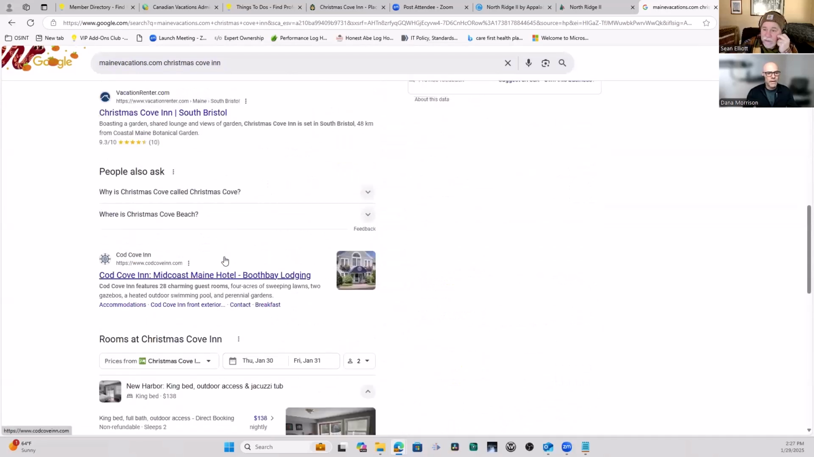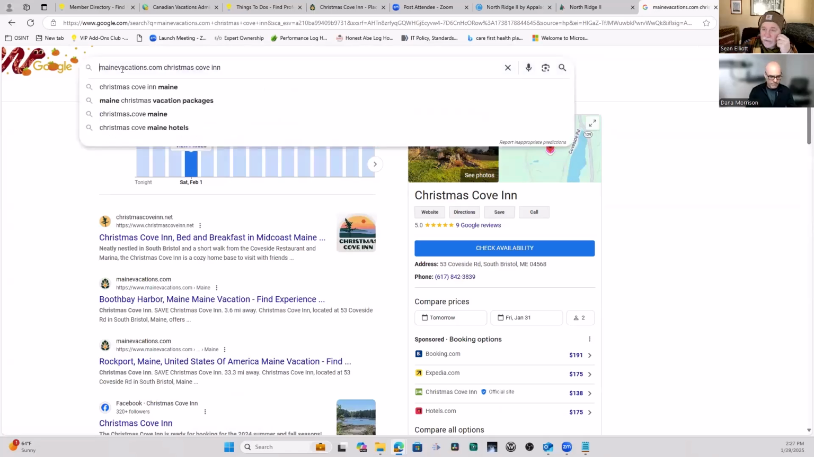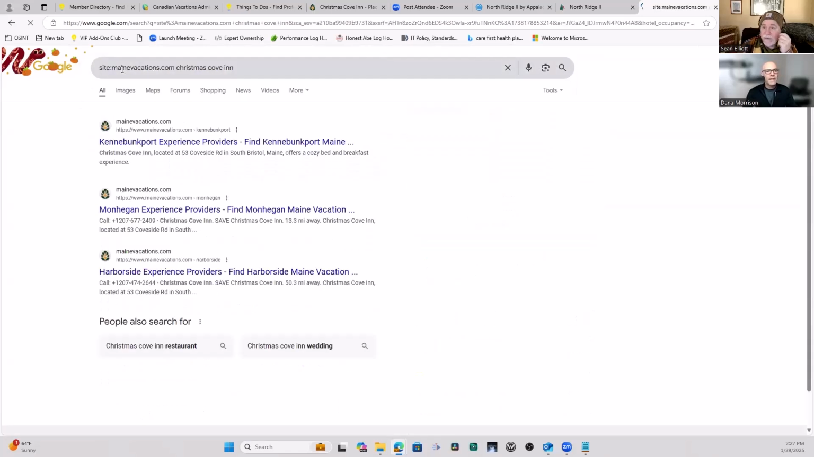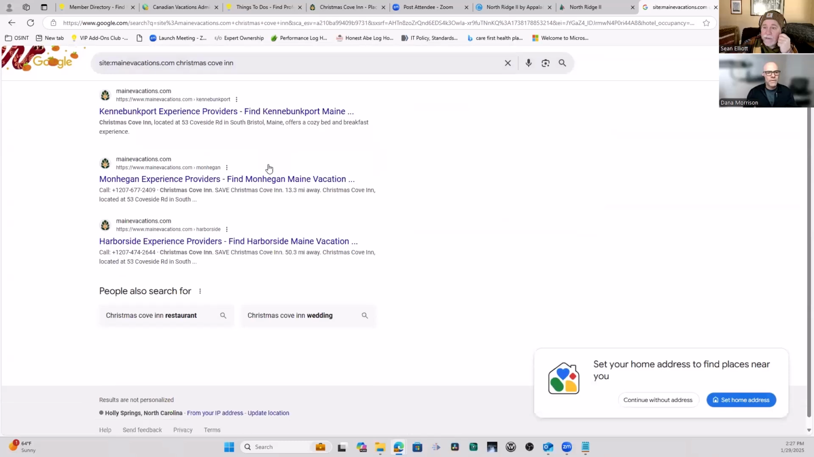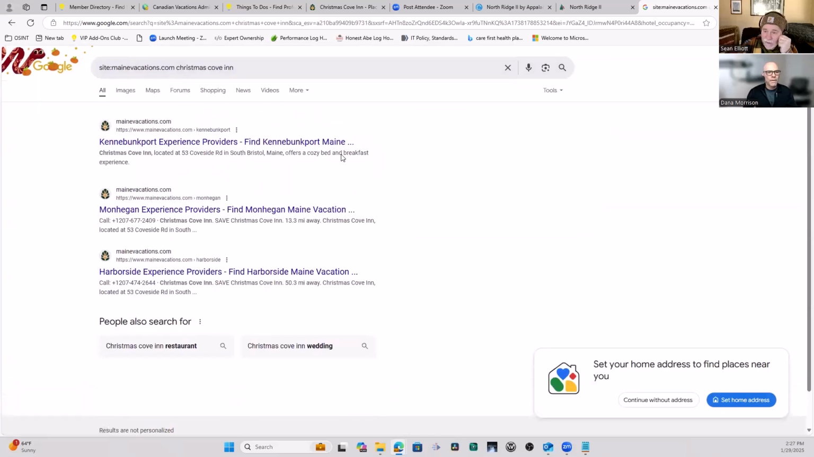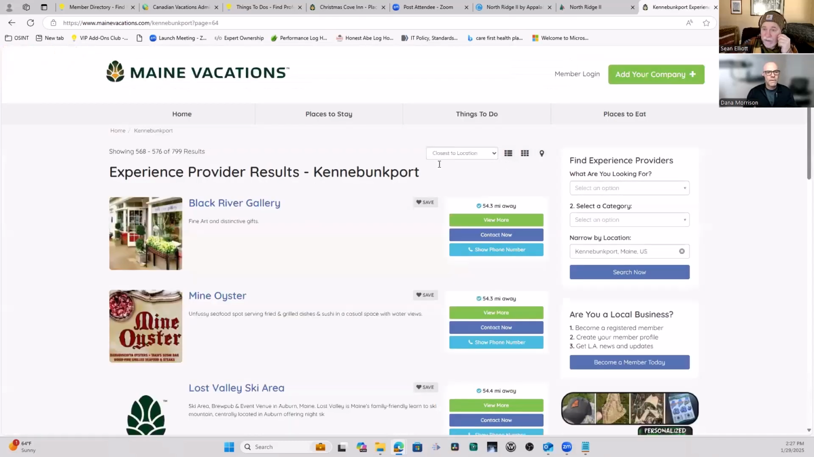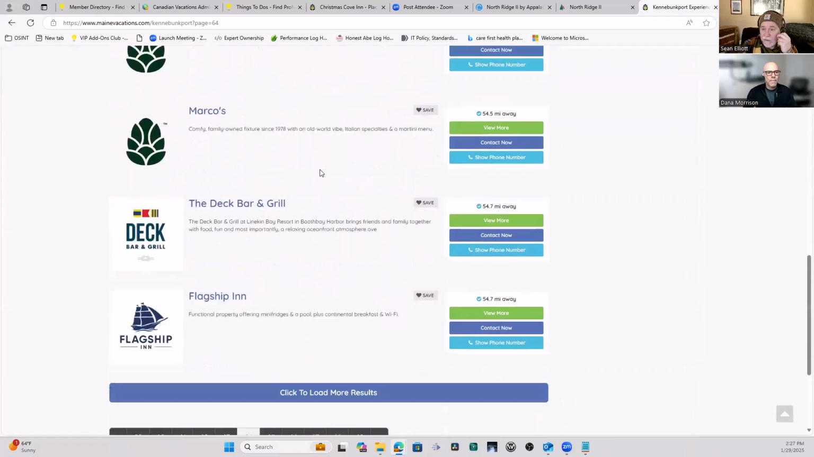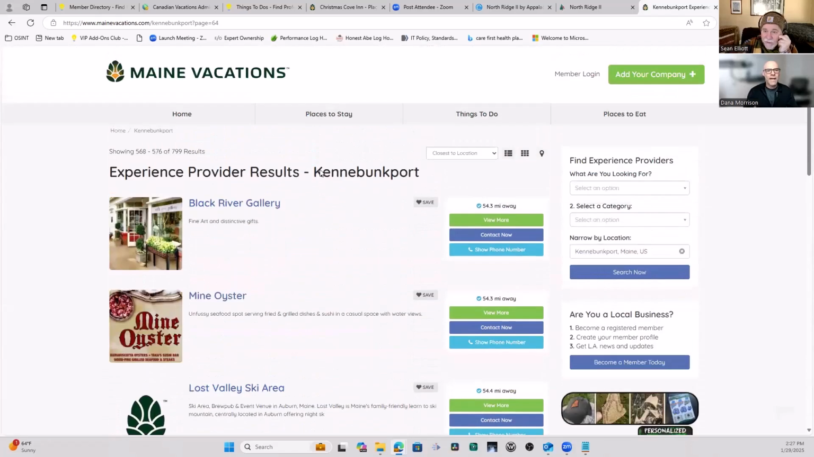They should have a link here. I'm not going to dig. Well, let me just do site indexing. Some indexing is still going on my site, so it might not be showing up here yet. Oh, Christmas Cove Inn. Okay. So that page specifically hasn't been indexed yet, so it's not showing up yet. But anyway,